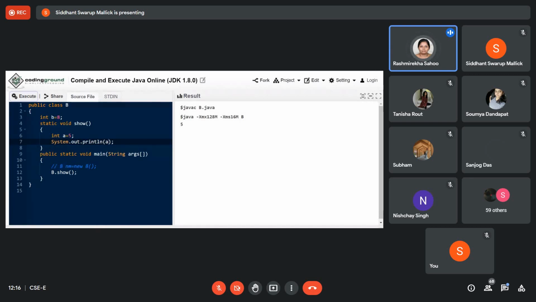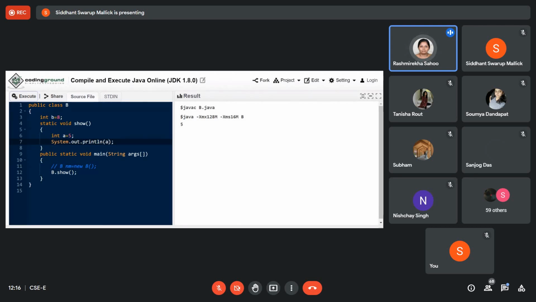Whatever variable you take inside this static method, you may think it is a simple variable, but it also becomes static, this local variable. No need of writing static. Whatever variable you are taking inside it, it will be treated as a static variable. So that's why it is showing this output.